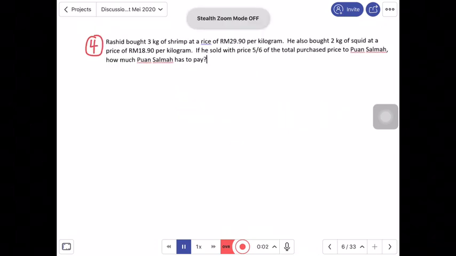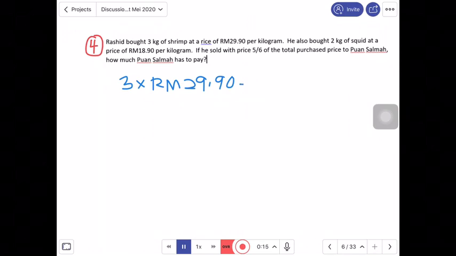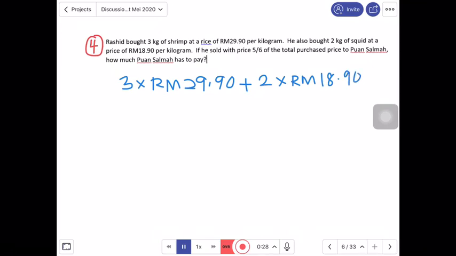Alright, in this problem, Rashid bought 3 kilograms of shrimp at the price of 29.9, and then he also bought, so we're going to plus 2 kilograms of squid at the price of 18.90. So this is Rashid, yeah. So when we solve this, you get 89.70